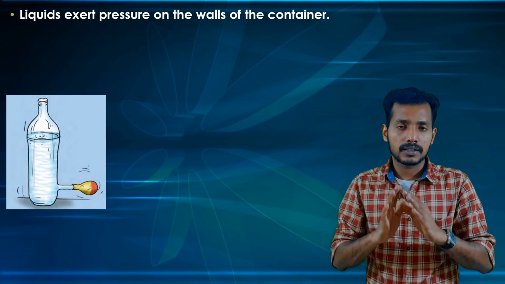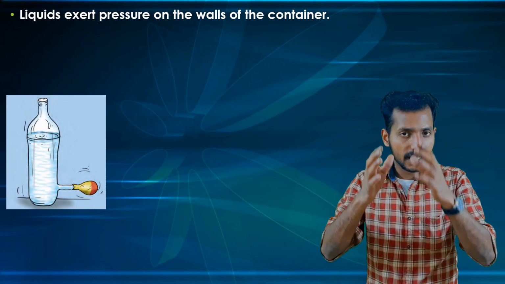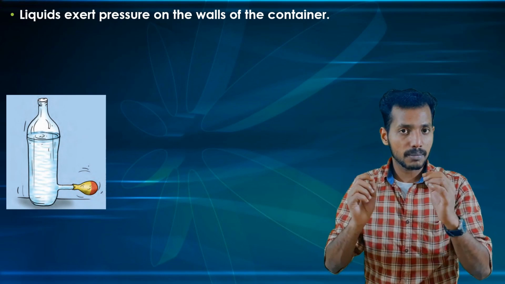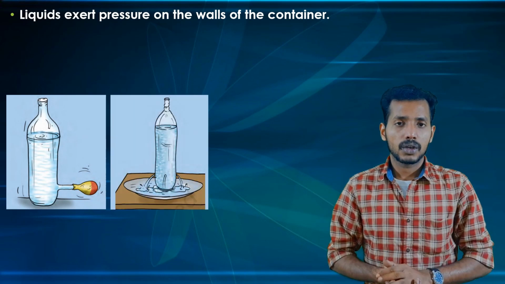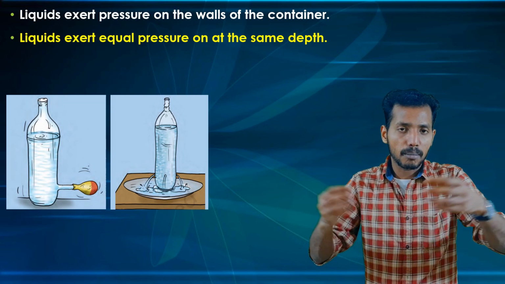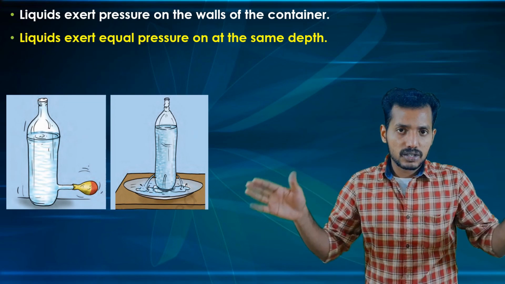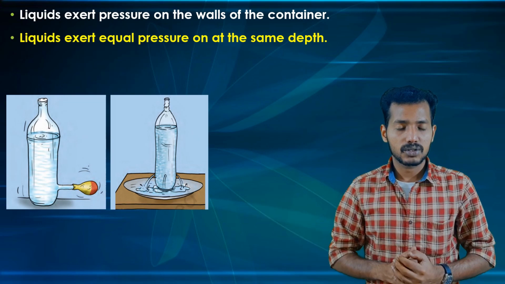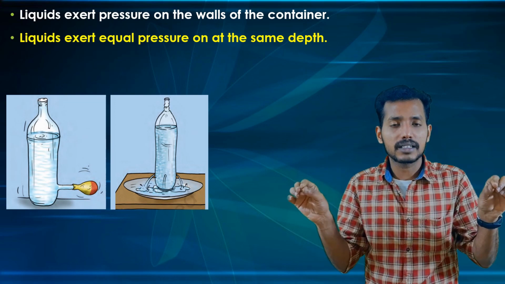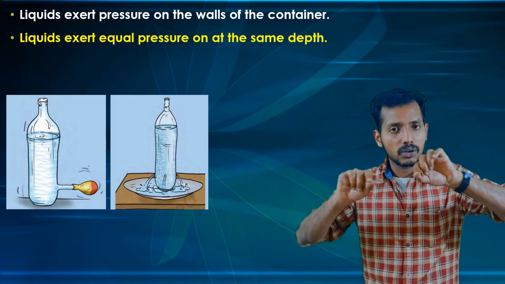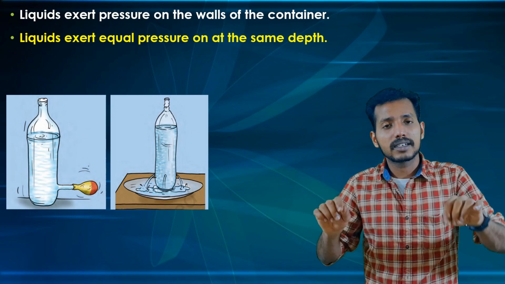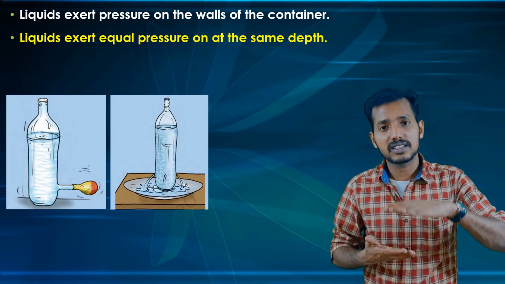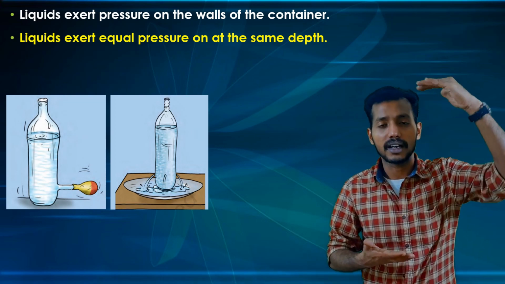To understand the strength of the pressure at the same depth, we can take another bottle and make 5 or 6 holes at the same level, at the same height, and pour the water. You can observe that the water will get pumped out, and the distance traveled by the water will be equal in all the regions. So this means that the pressure exerted by the liquid on the walls of the container will be equal at an equal depth. If the pressure exerted at equal depth is equal, then obviously the pressure will be different at a different height.